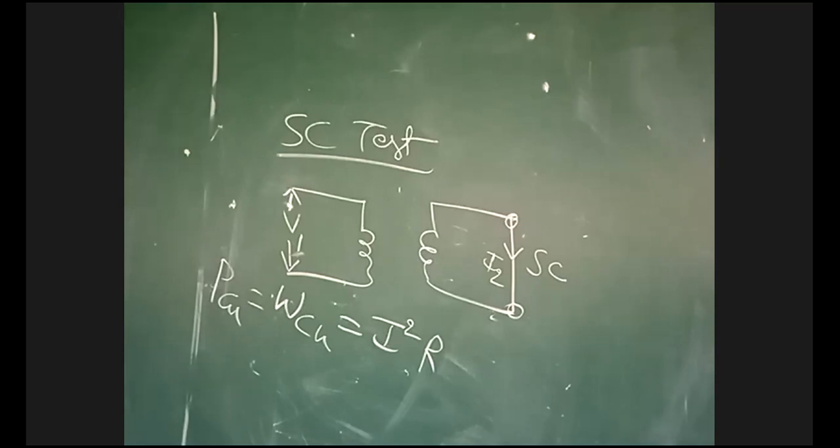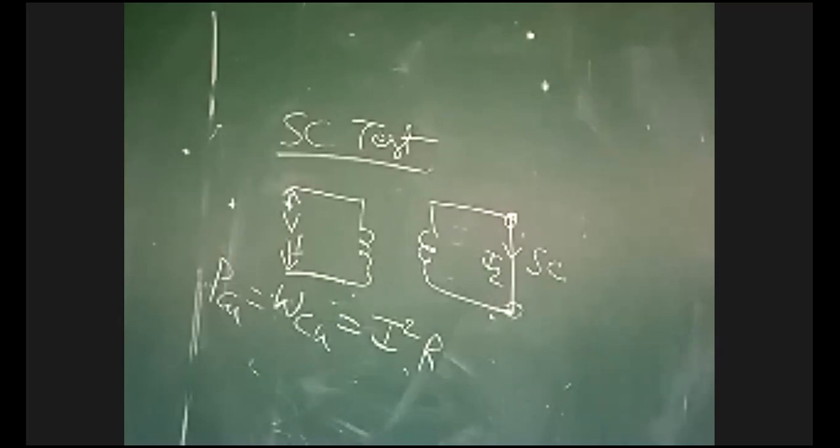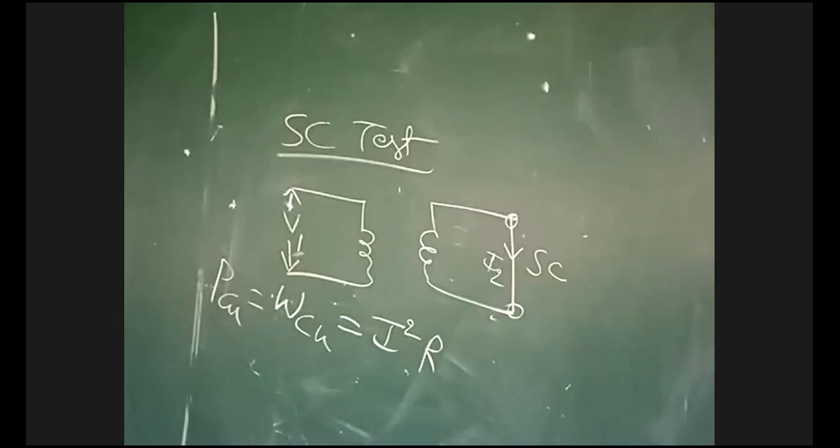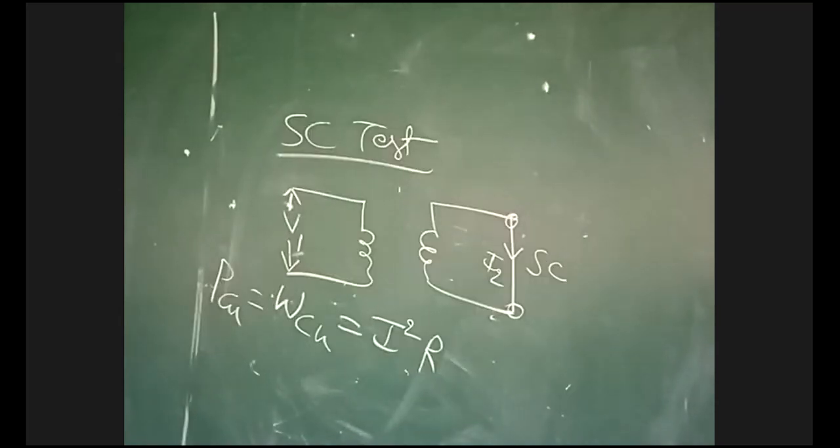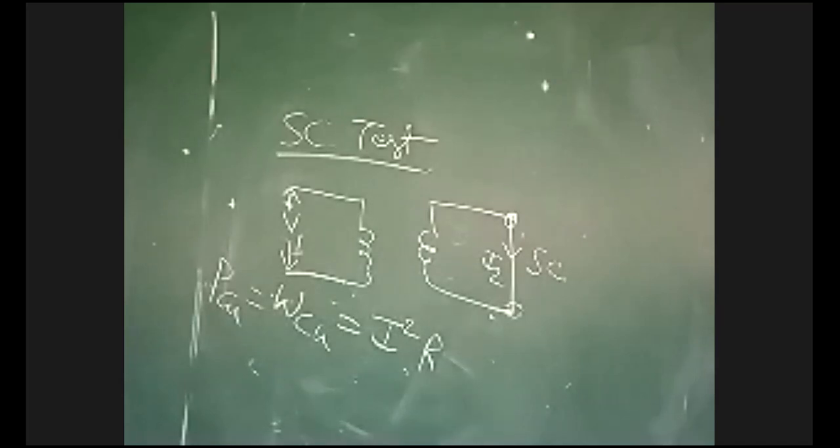Again, iron loss is classified into two types: hysteresis loss and eddy current loss, which I have already explained in the previous classes. It is a separate topic. In the complete iron loss W1, both hysteresis loss and eddy current loss are included. If you have any doubt, you can ask me now.